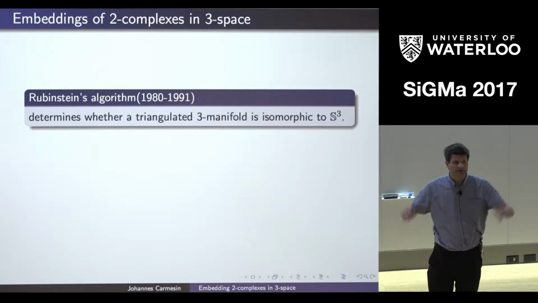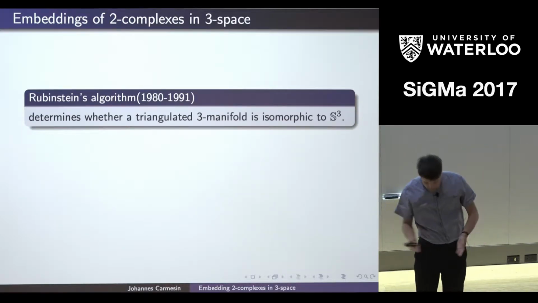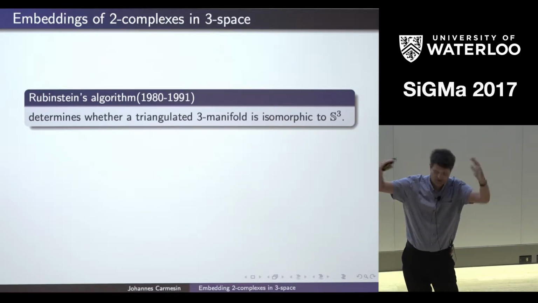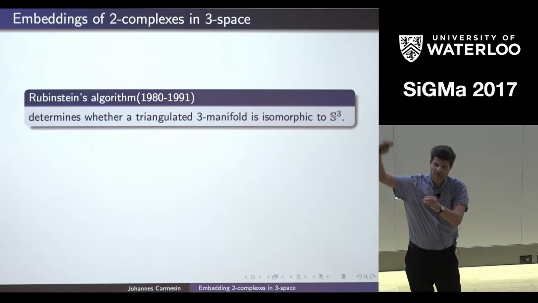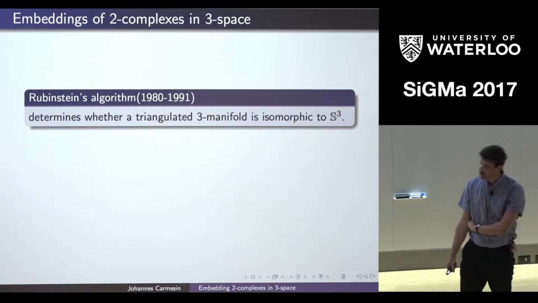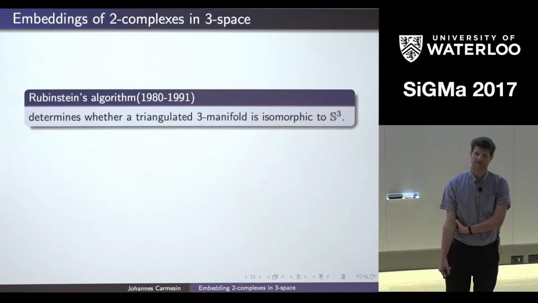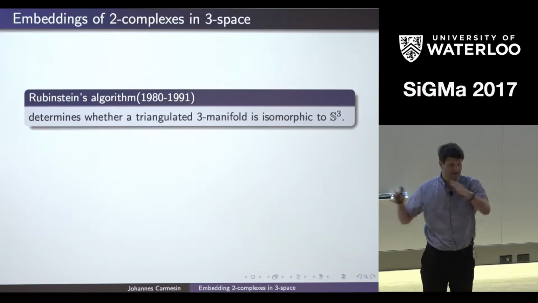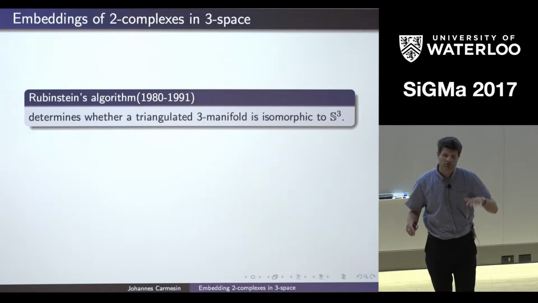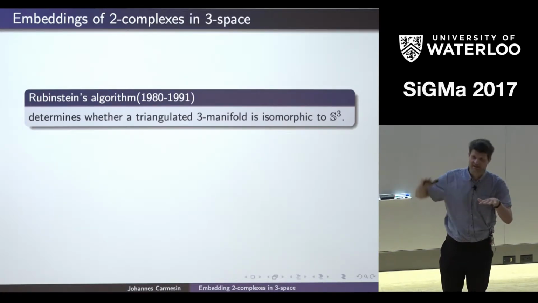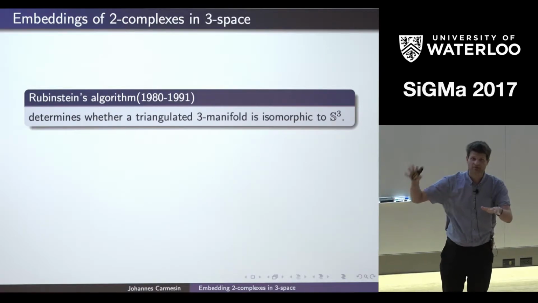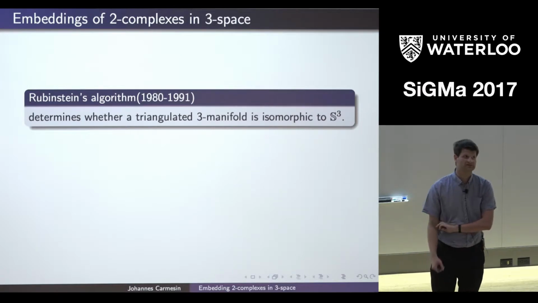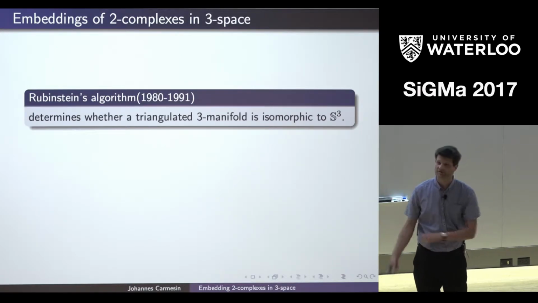A 2-complex is simply connected if any circle can be continuously moved onto a vertex using the faces. And I believe that already the simply connected case is a major case of the embedding problem. Because if you have a 2-complex that is embedded in 3-dimensional space, you can always add some faces within the 3-sphere to that 2-complex to make it simply connected. So the simply connected 2-complexes are face maximal amongst the embeddable ones.